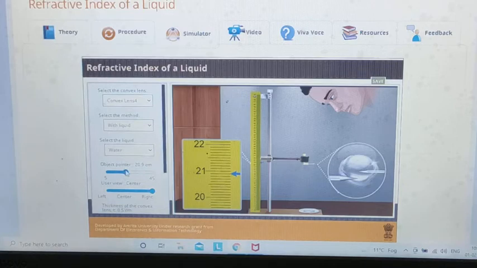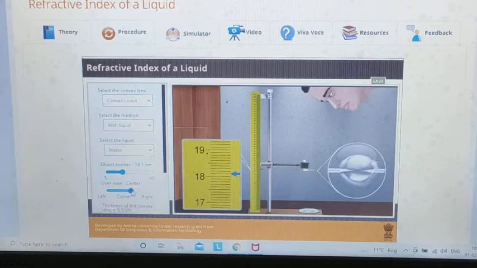Also, you have to move the pointer in such a manner that you can see its image. When the view changes, the image and object should move together, but if parallax is not removed, you have to find the situation where parallax is removed.